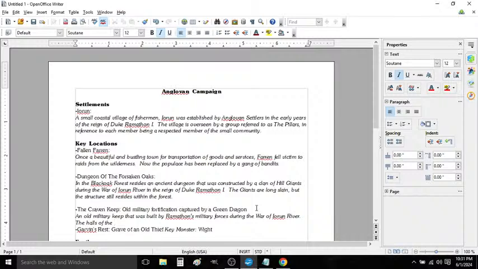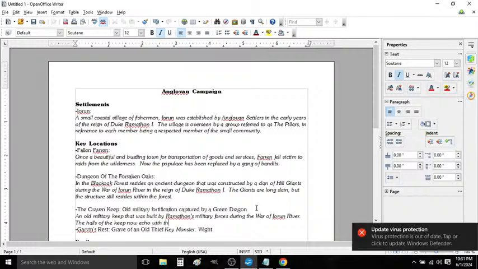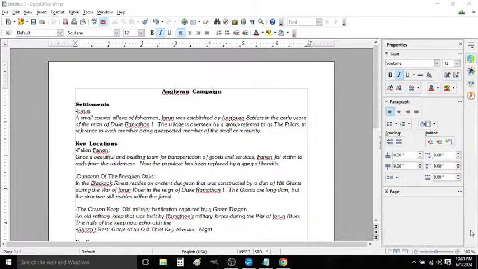The halls of the keep now echo with the breath of